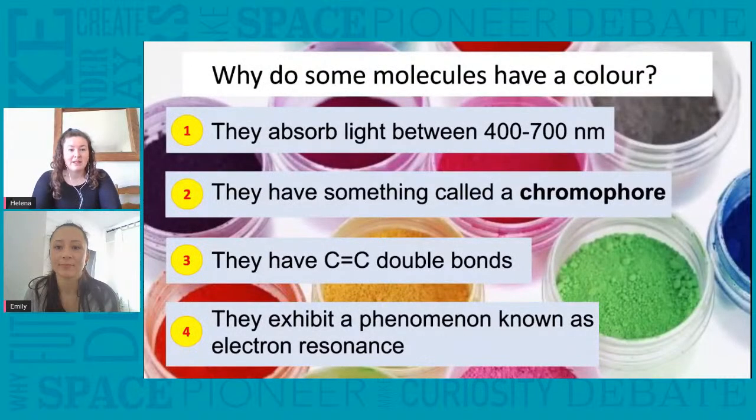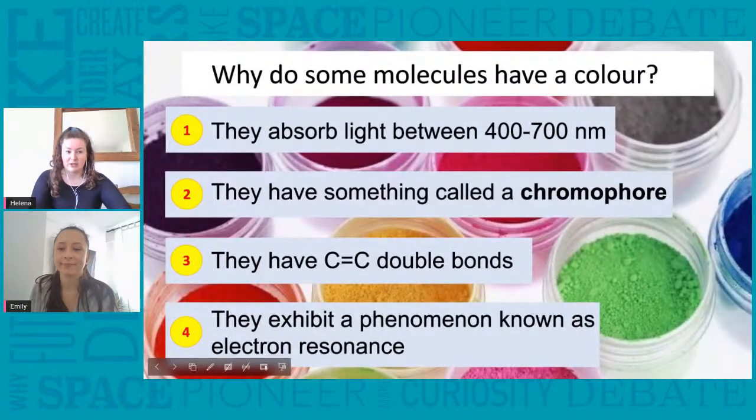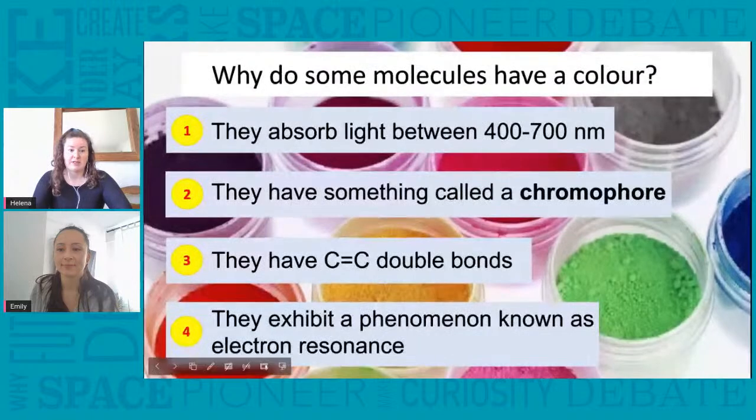Cool. So the first thing to think about is, why do some molecules have a colour? For molecules to have a colour, they need to meet these four targets. Firstly, they need to absorb light between 400 and 700 nanometers. Light can have different wavelengths because it behaves like waves, and these wavelengths can have different amplitudes, which means they have different frequencies. So this 400 to 700 nanometers means that they're waves of that specific size, because that range is where these